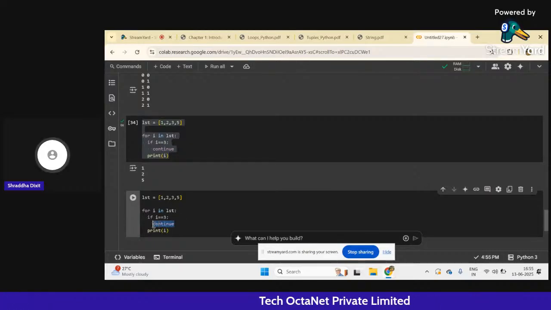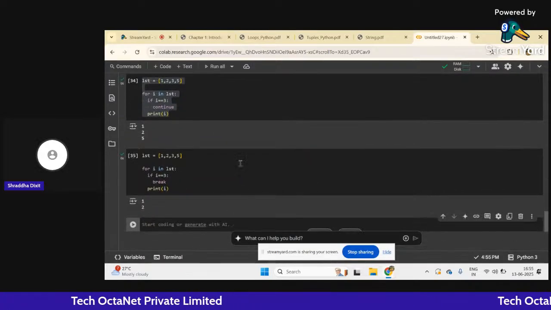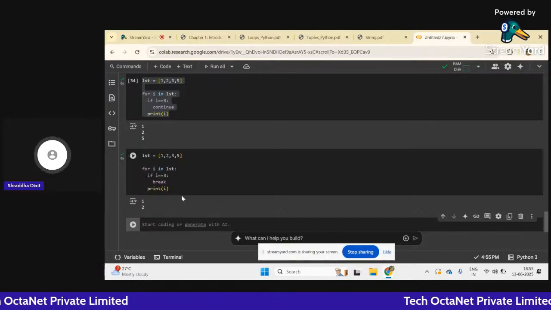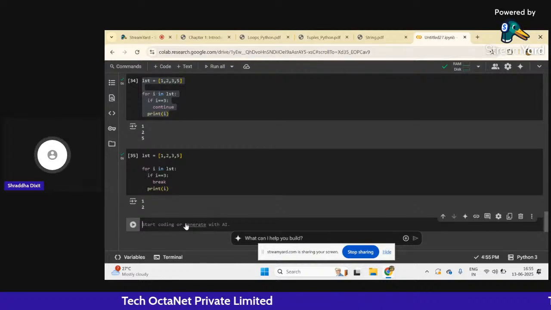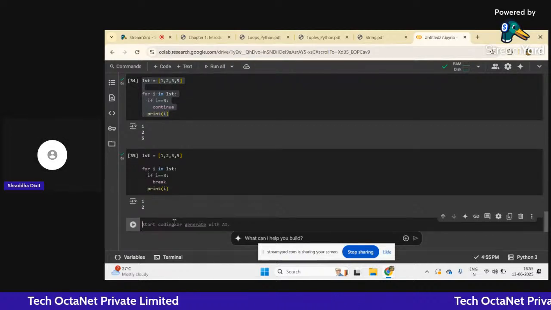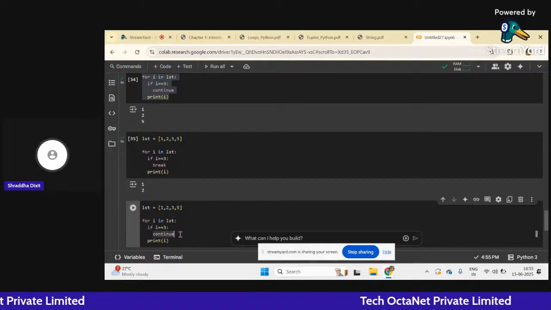Now similarly, in place of this, if I use the break, after we reach the point where the I value equals 3, we just saw that it does not complete all the other iterations after it. And if I use here the pass,